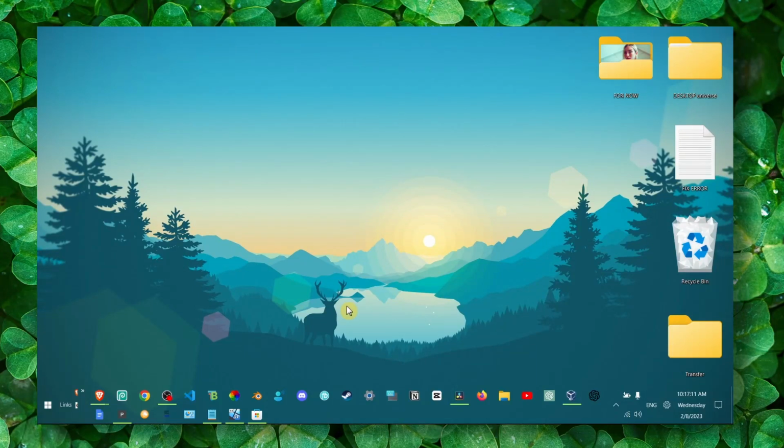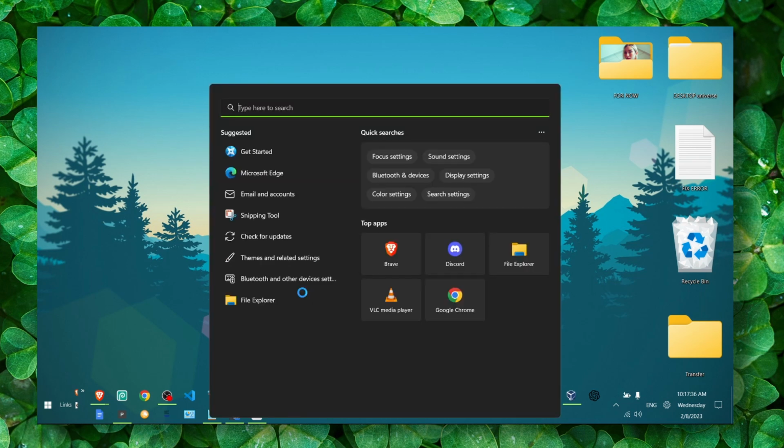In this video I'm going to show you how you can make your taskbar transparent. All right, so it's pretty simple, and now let's jump right into the video without wasting any second. Okay, so what you have to do is right here in the search bar,